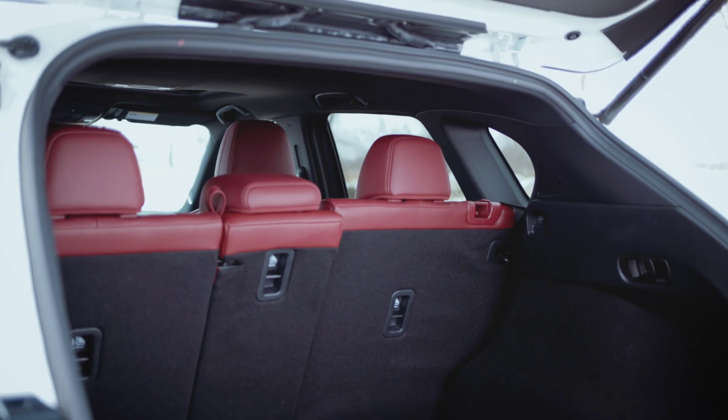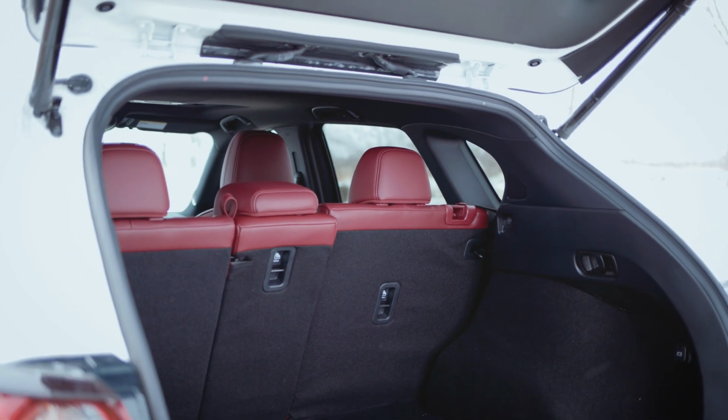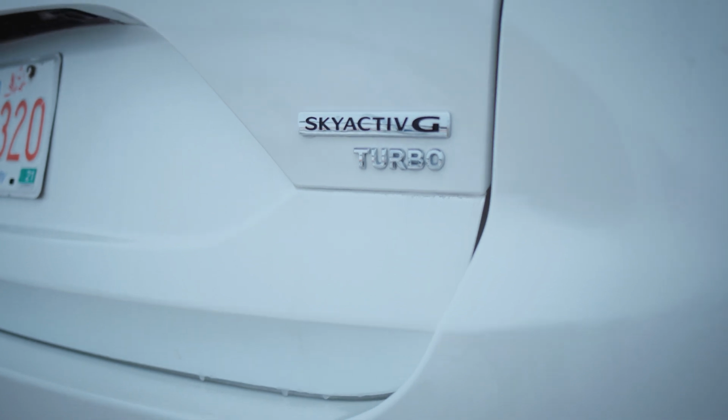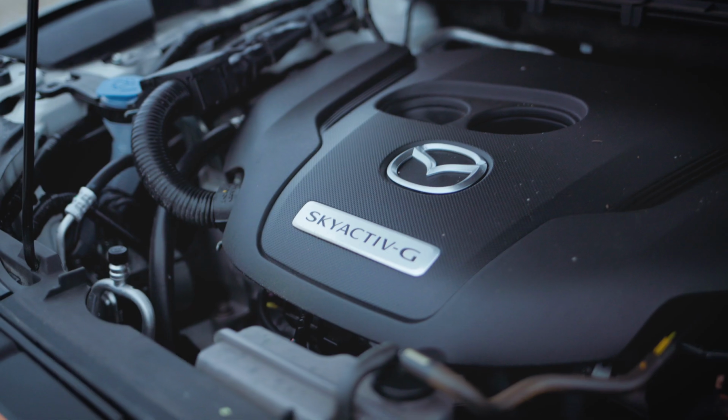So if you're not into the Signature or the 100th Anniversary Edition, the CX-5 starts really well equipped at about $30,500, including freight and PDI. One thing I really like about Mazdas is they are exceptionally fuel efficient, and they get that efficiency without any